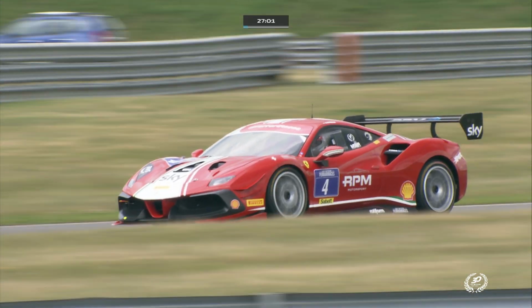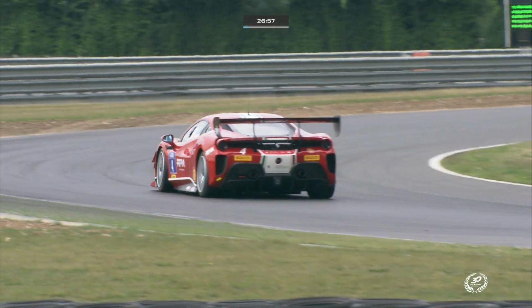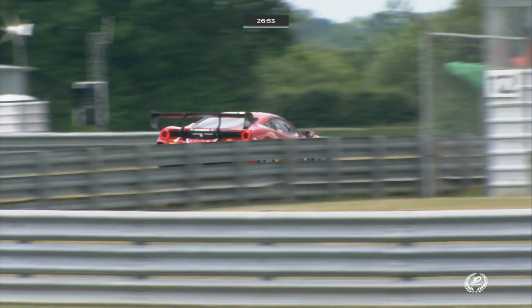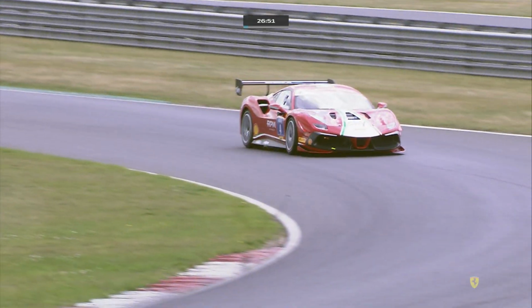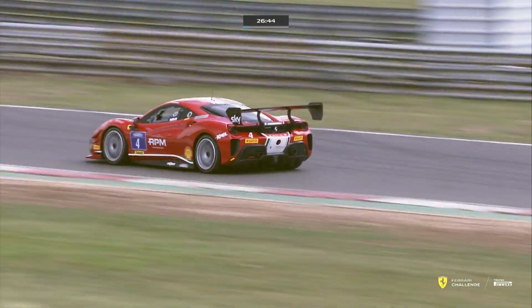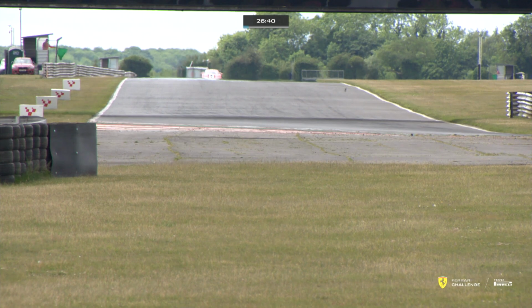Yeah, always a keen eye on those timing screens just to see how close these lap times are going to be. Hans Sickens is definitely going to be one to watch. Into the 52s earlier on in this practice session, the second practice session, I should say. 1.6 clear of Lucky Kera. But as we said in practice earlier, it's going to be one of those pinch of salt moments,